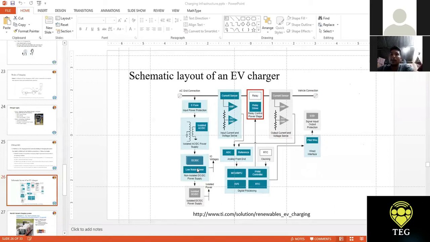Okay, so this is the main challenge here, is integrating the hardware properly so that everything works seamlessly and all the ratings are properly matched. And the second biggest challenge, and one of the most difficult things to solve in a charger, is the control algorithm. Okay, the control algorithm should be smart enough to take into account various kinds of exigencies. Now, the exigencies can be that you lose the power supply from the grid. Maybe there is a failure in the grid. So the controller should be able to take care of that.